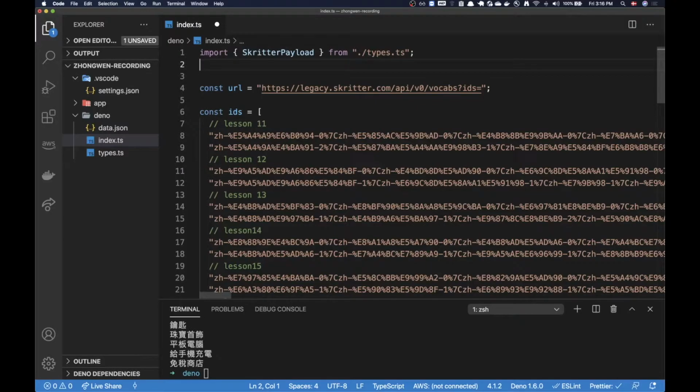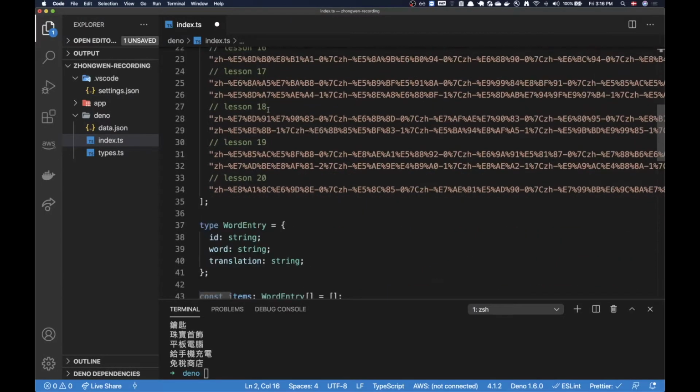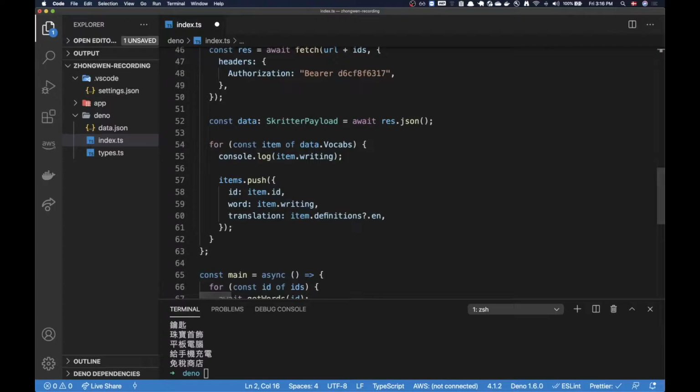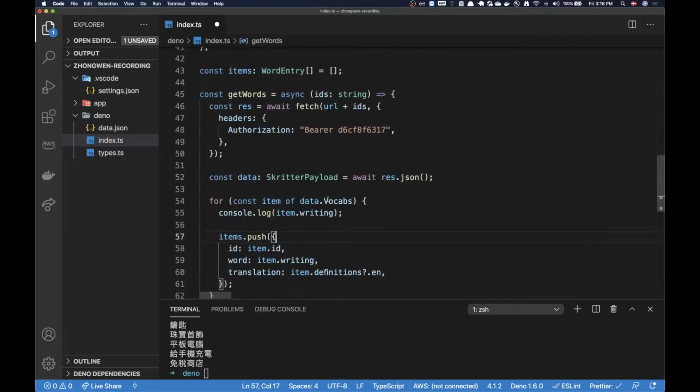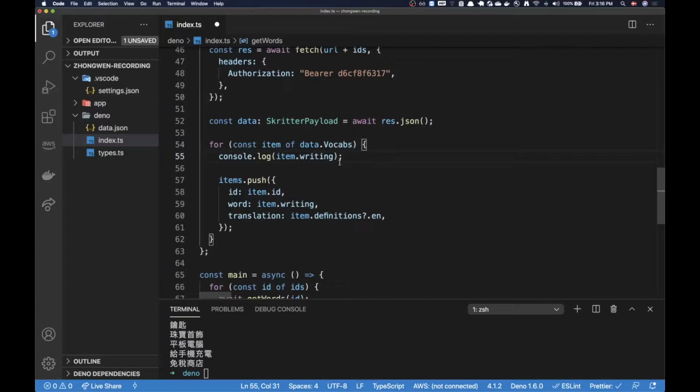This module is called DOM parser, and it's from this URL here. Now with this DOM parser, we can actually turn the whole DOM into a JSON or a JavaScript object,